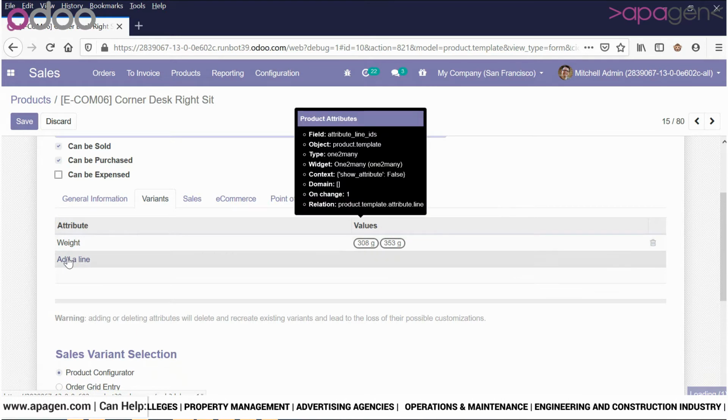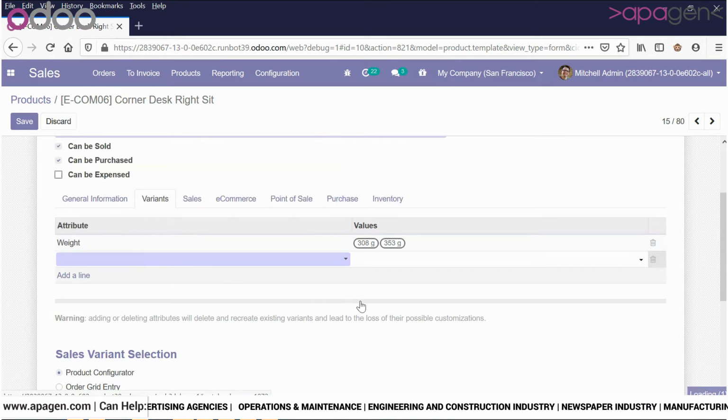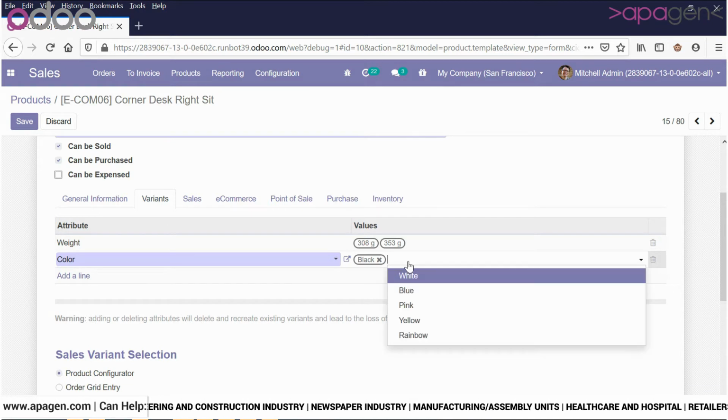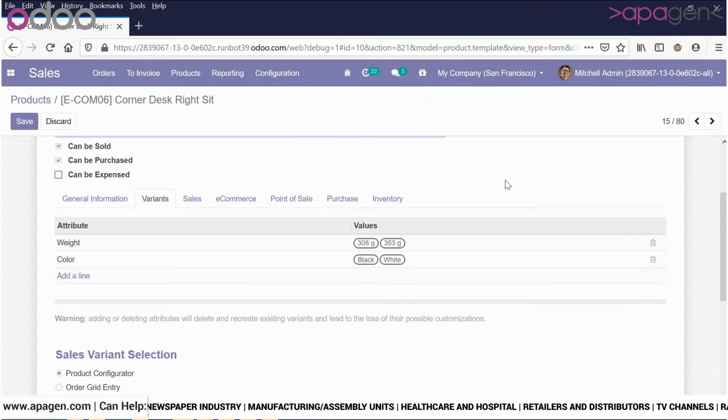I'm also going to choose one more attribute, let's say color. I'm going to choose that it will be available in black color and white color. So basically two attributes, weight and color, and both have two values each.